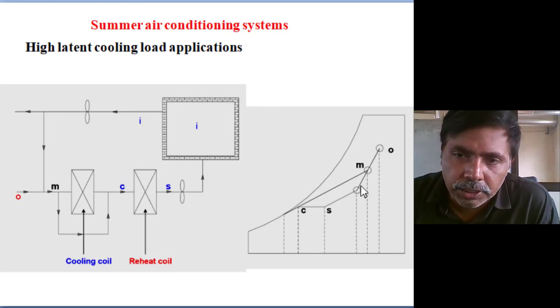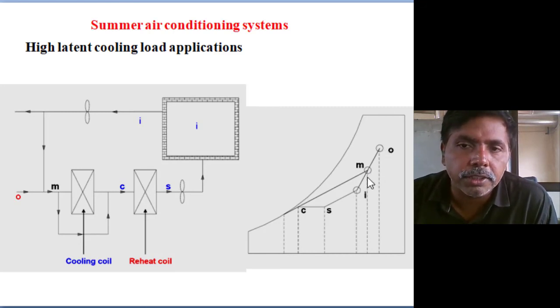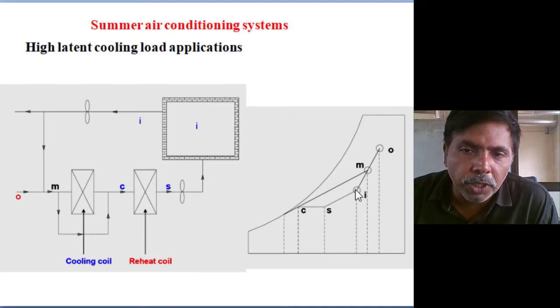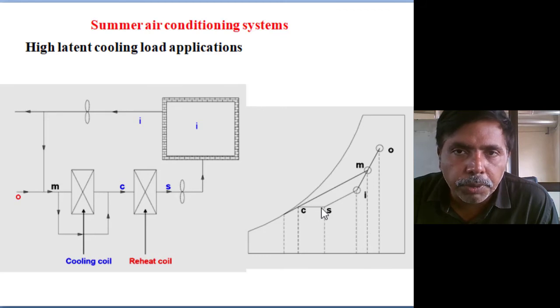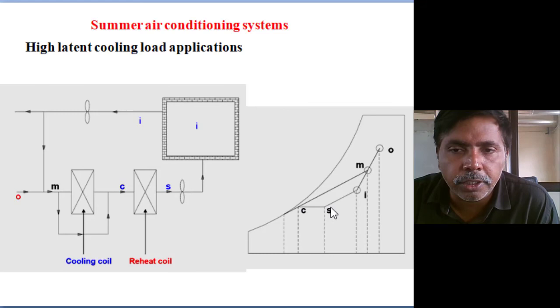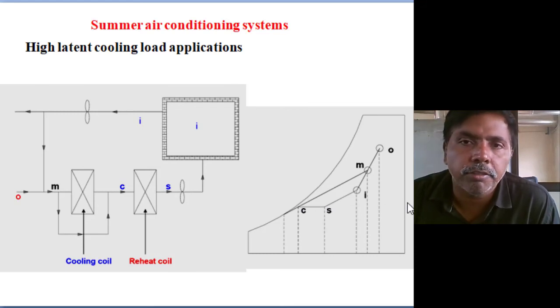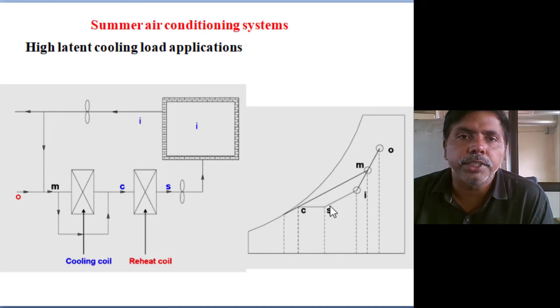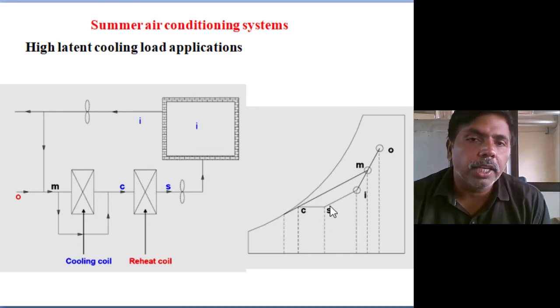Based on the fresh charge, the temperature and relative humidity of the air will increase. Suppose we are moving from here, the cooling load is reduced. But we are adding fresh charge, so the cooling load further increases, but no problem. We are not moving up to the saturation point. In between itself, I am stopping my cooling. Why? Because I got comfort in this relative humidity range, this moisture range. Then I simply do sensible heating. So this is called the summer air conditioning system.